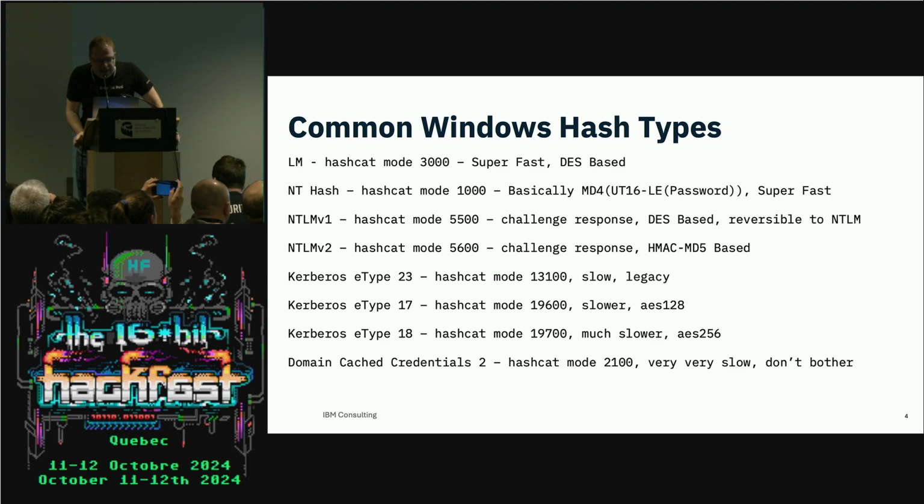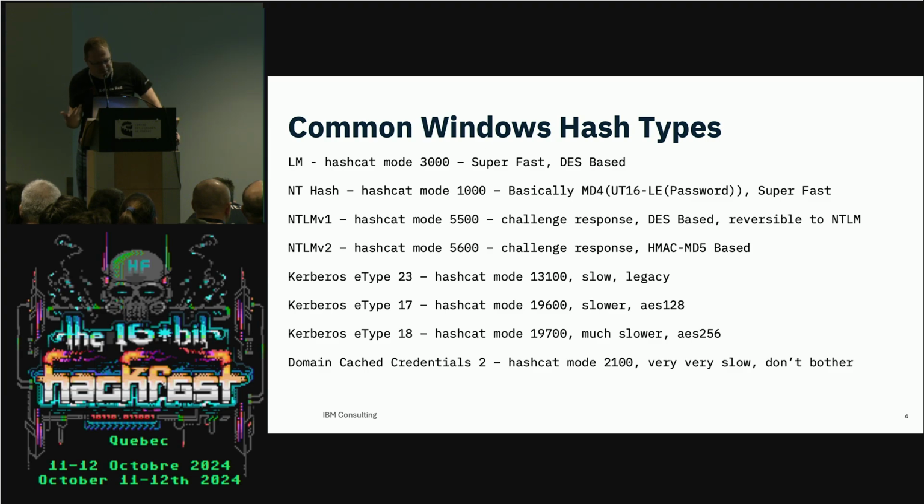The standard NT hash, which we're going to talk a little bit about, is what you typically dump from an Active Directory controller. Little known fact, NT hashes are password equivalent. I don't need to know what the plaintext password is. Say in the case of a domain controller, if it's 128-bit, I just have the hash, who cares? That's good enough. And that becomes important later. NTLM version 1. This is a DES-based protocol, which we're going to talk extensively about in a little bit. It's normally mode 5500, but we're going to abuse mode 14000 DES cracking to reverse an NTLM version 1 hash to NT. So that's going to get fun.